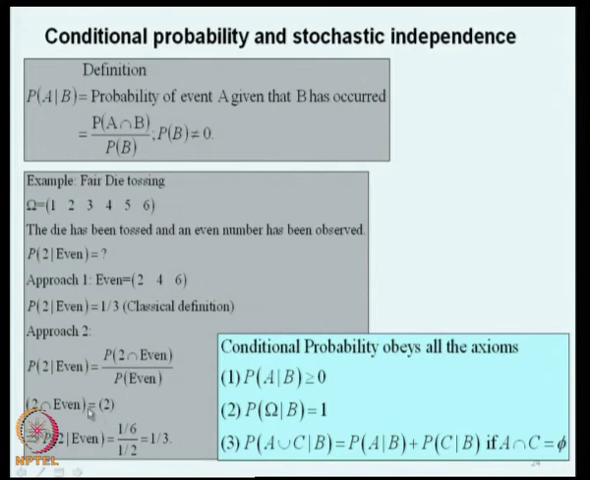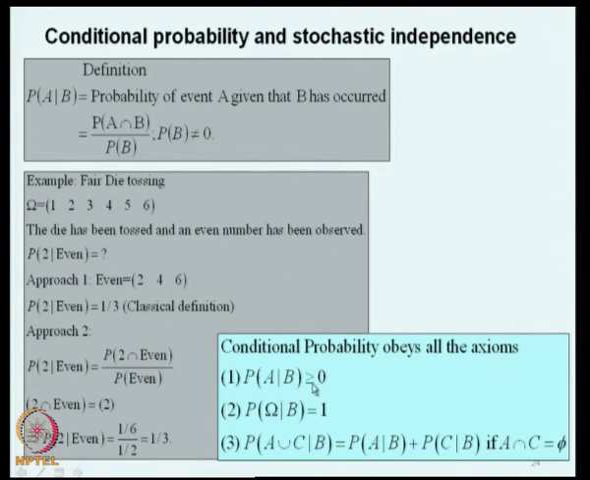So, this is this, then therefore, the probability of 2 conditioned on E1 is the probability of getting 2, which is 1 by 6, divided by the probability of getting E1, which is 1 by 2, and this is 1 by 3. So, this agrees with this. Okay? Right. Now, one thing that we should notice is conditional probability actually obeys all the axioms of probability, that